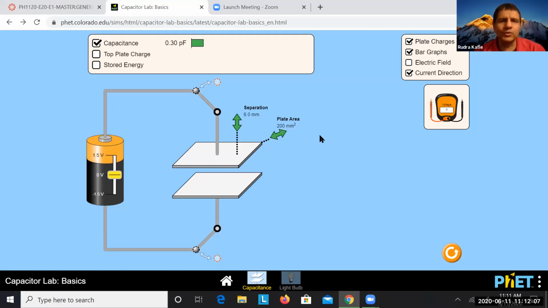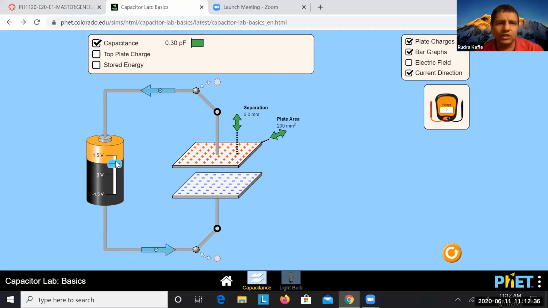I would like to show you this simple simulation, the PhET simulation. This is a very illuminating simulation. Okay, so what does it show? There is a parallel plate capacitor here, and a battery is connected to that. But the battery shows 0 volts, so the capacitor is not charged. Now, if you increase the battery voltage, you can see that the charge is being deposited.